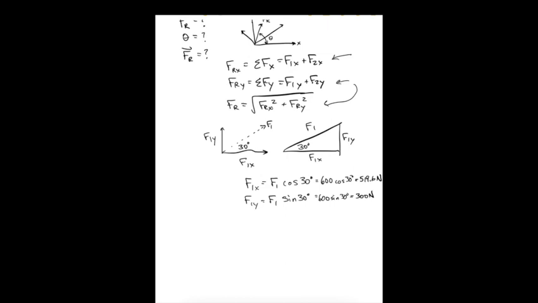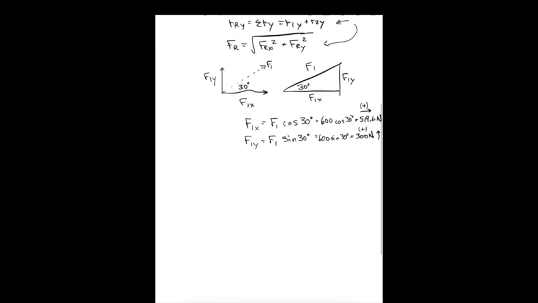And then again, we want to check the direction. So this one's to the right, that's positive. This one is pointing up, also positive. Now we're going to do the same thing for F2. F2 is pointing this direction. So we have F2y, F2x, and we know that this angle here is 45 degrees. So again, draw a triangle here. We have F2y, F2x, and our angle in here of 45 degrees.